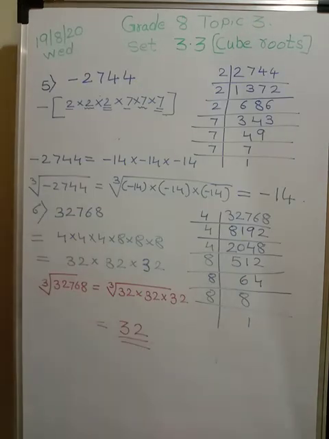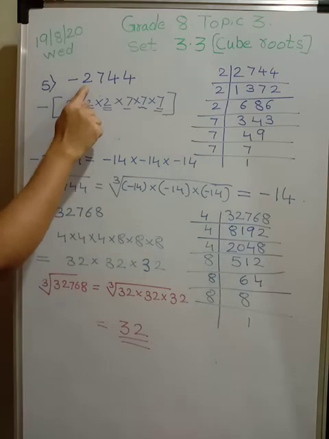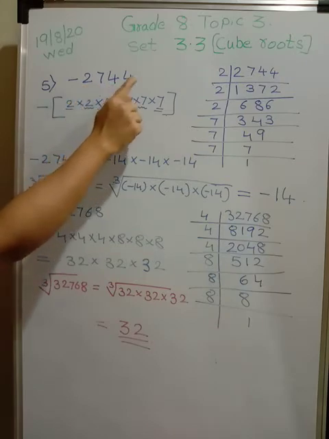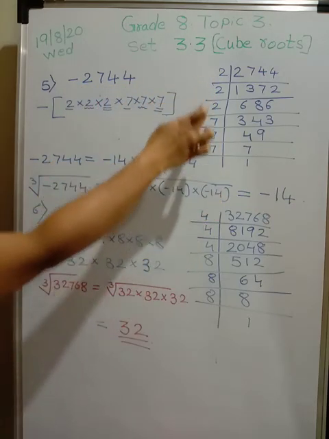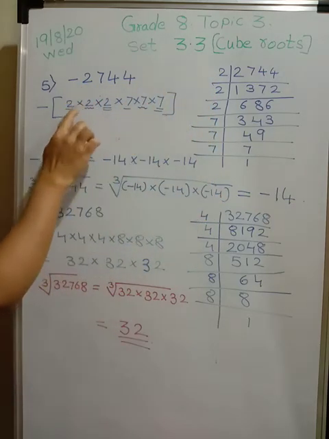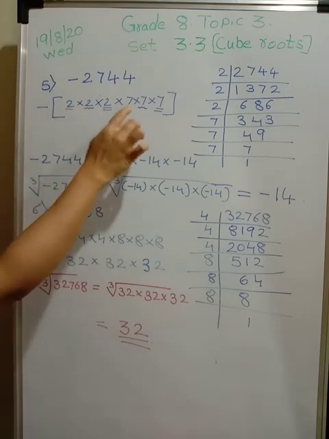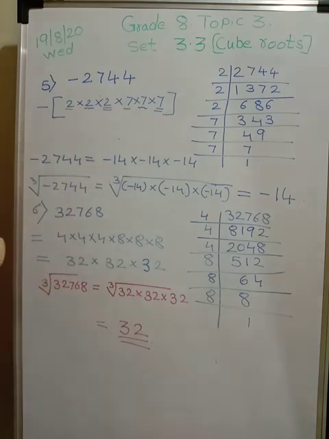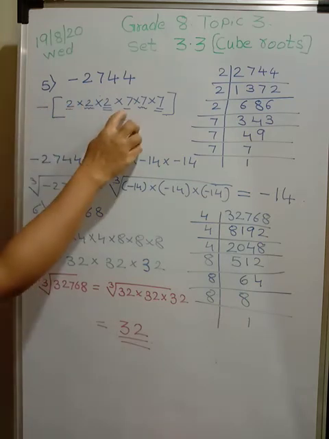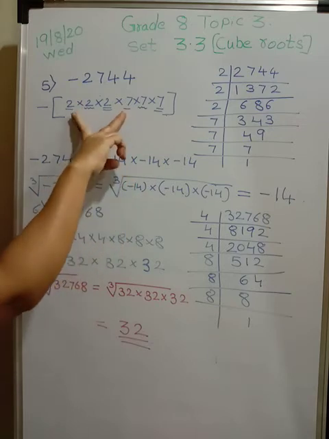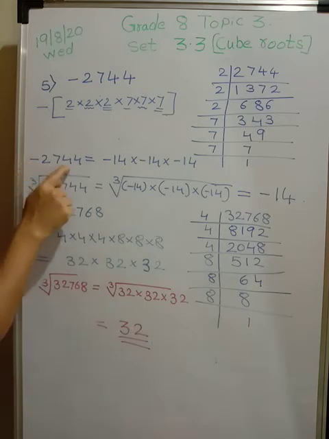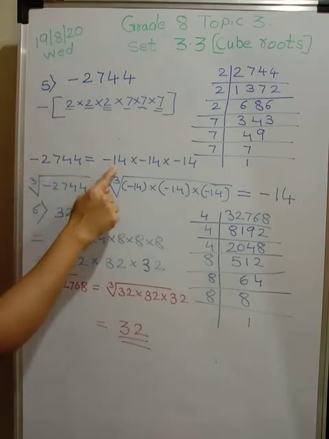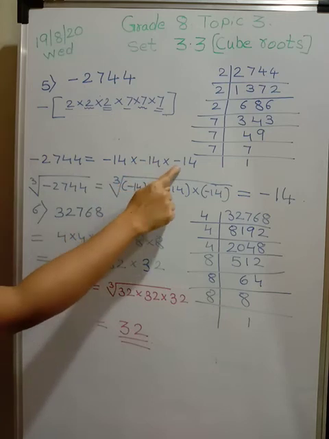Now next problem C, we have minus 2744. Now you factorize 2744 this way. Once you factorize it, you come to know that it is a product of 3 times 2 into 3 times 7. So what I am doing, I want one number which is multiplied 3 times. So I am pairing this 2 with 7 and I got 14. So this 2 becomes 14, this 2 are 14 and this 2 are also 14. So in simple way, minus 2744 can be written as minus 14 into minus 14 into minus 14.